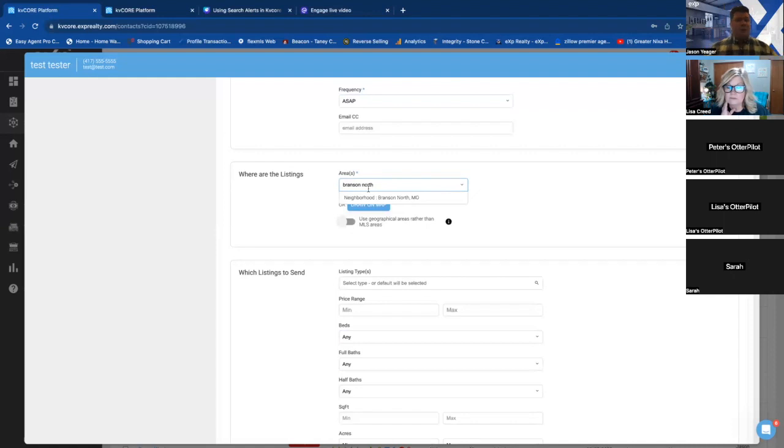all you have to do is call KvCORE support, or message them, and they will get in touch with your local MLS, your regional MLS, and see about adding things that are not already included by default in your KvCORE. So just know that you're not stuck with it, okay? But just know that there are lots of neighborhoods. You can start typing it in, let it suggest, and then see if it comes up,